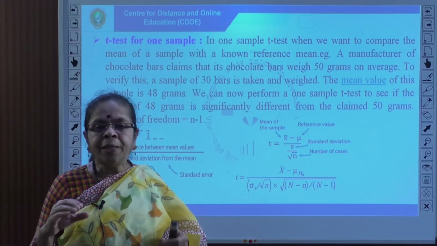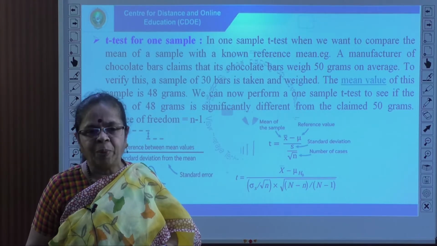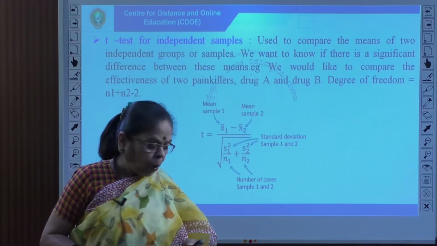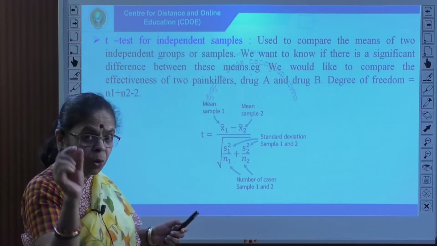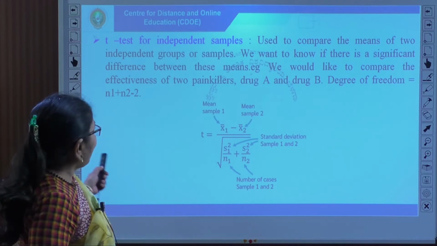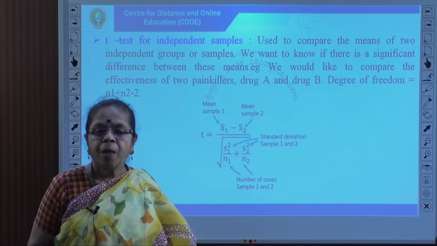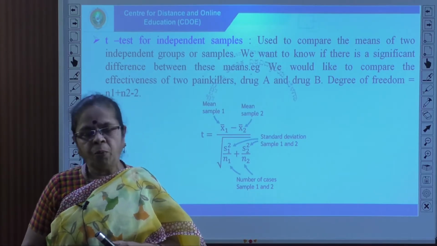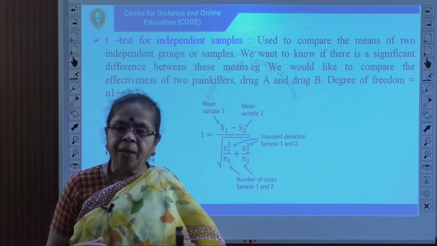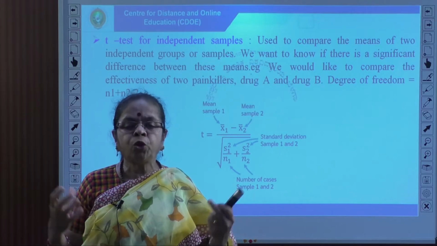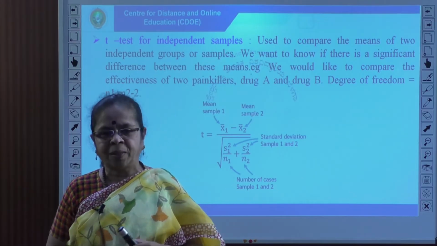This is a t test for a single sample. Then you have, that is how you define the t factor. Then you have the t test for independent samples. So, for independent samples, what we are doing is comparing the means of 2 independent groups of samples,